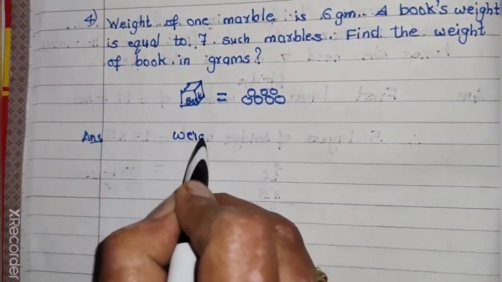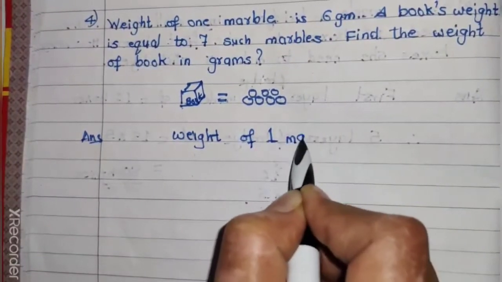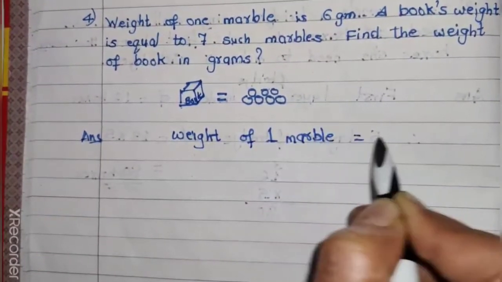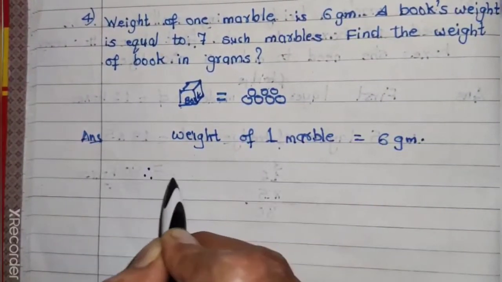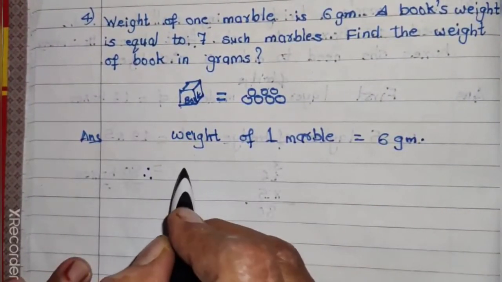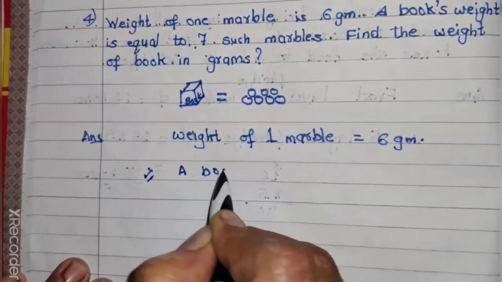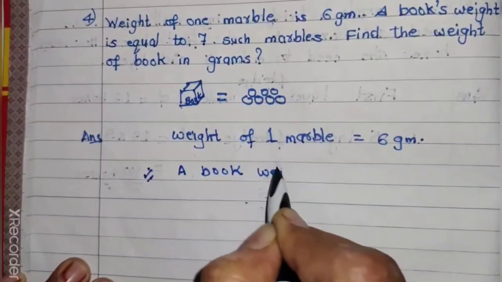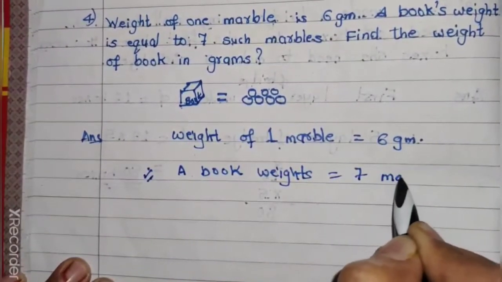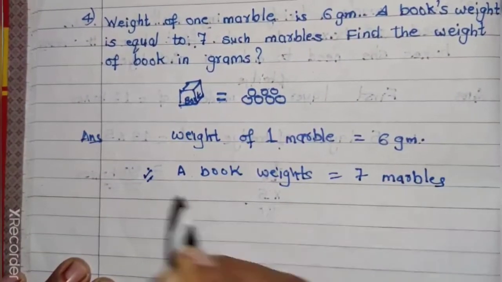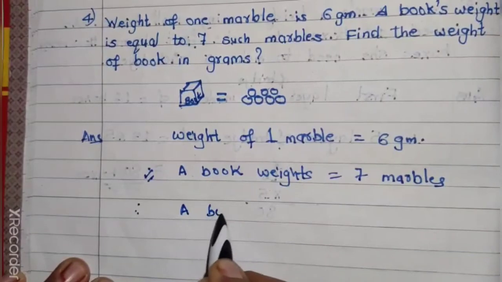Weight of one marble. So what is the weight of one marble? We are going to write 6 gram. Now, not therefore, you are going to write a book weighs 7 marbles. So therefore, a book's weight